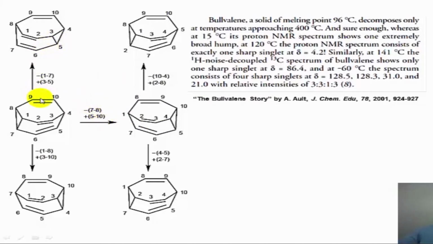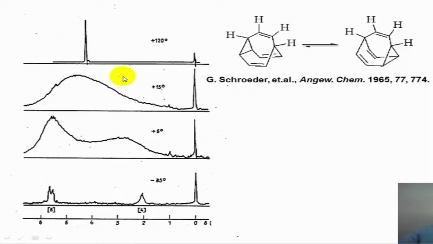Now if you look at bullvalene rearrangement, every other product that is formed upon rearrangement is also a bullvalene. So this is considered to be a degenerate rearrangement. Now if you look at the proton NMR spectrum of bullvalene recorded on a 60 MHz NMR spectrometer, at room temperature, essentially close to room temperature, let us say around 15 degrees Celsius or so, you see a very broad hump kind of signal, and this is the NMR signal of the TMS, which is an internal standard. At plus 5 degrees you see two humps, and finally when it is frozen at minus 85 degrees you see two distinctly resolved